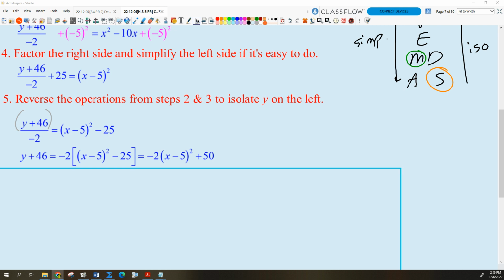What do I get on the right side? If I multiply by -2, I have to multiply the whole right side by -2. How many terms are there on the right side? How many things are being added or subtracted there? No, 2. Yes, there's a minus sign between the x and the 5, but that's all inside the quantity that's being squared. I've got this one term minus 25. I've got one term minus another term. So I'm going to distribute that -2